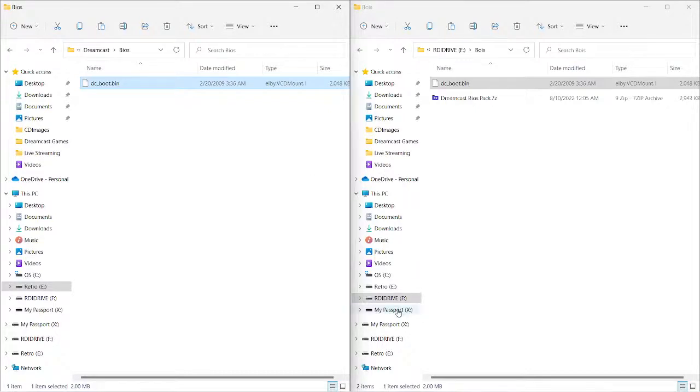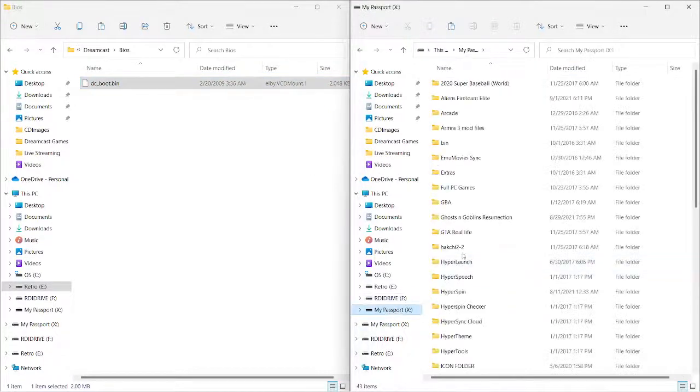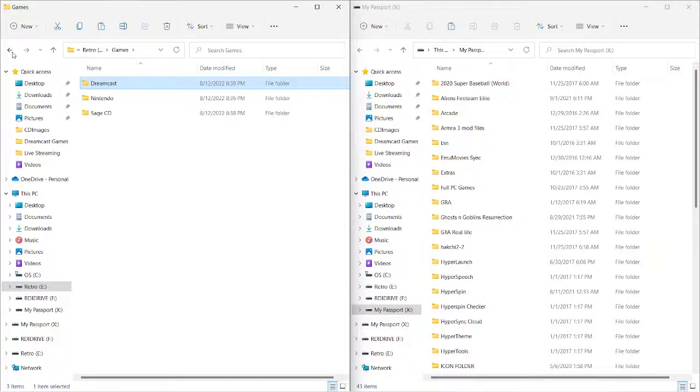So that is the boot drive needed. Alright. So now that I got that on there, let's do